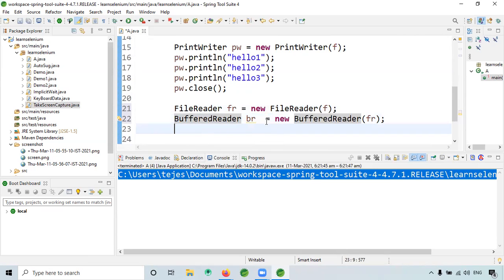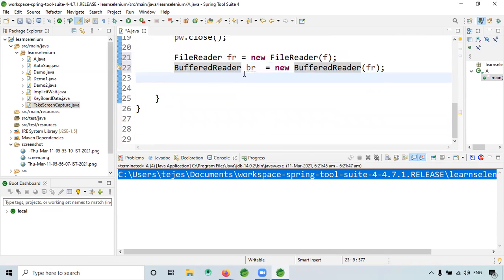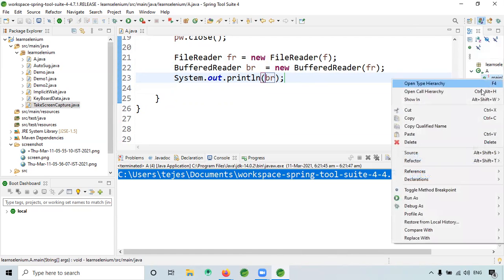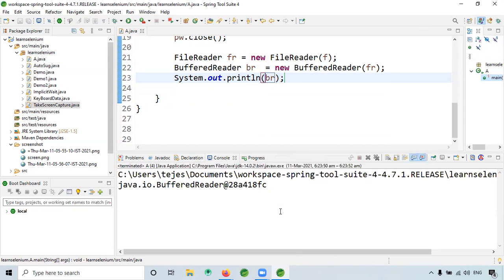But here, if I print br, let's see what will come. It is actually printing the object.